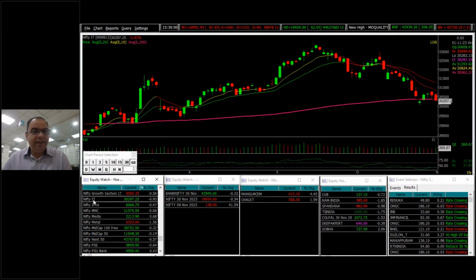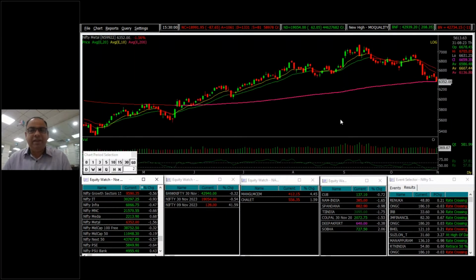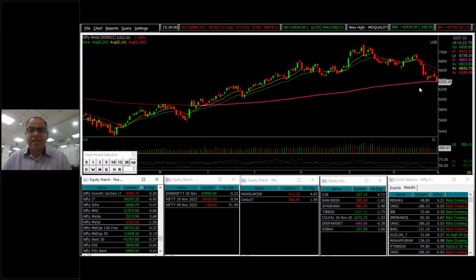One may look at the IT. IT has shown upside bounces but failed to sustain the bounce and closed slightly below the 200 EMA. This is a little bit of concern. One may expect some more consolidation for the IT. And if you look at metal, it has been continuously in a downtrend. From the 7,000 level, it has almost reached 6,350. There is support of the 200 EMA, which is currently placed exactly around that level. I think the overall chart pattern for the metal sector indicates a probability of a downside breakout of this support in the near term.